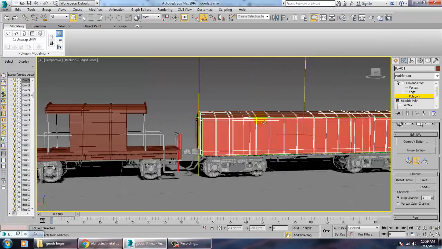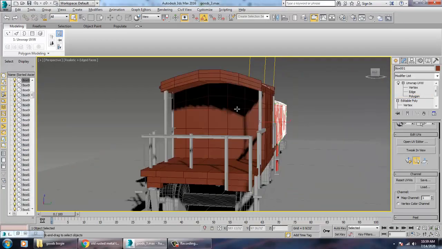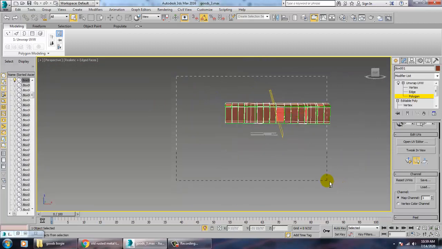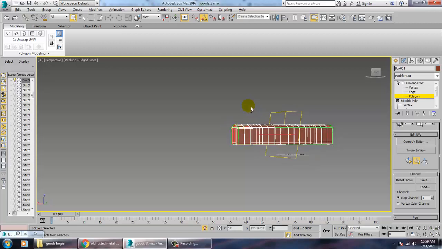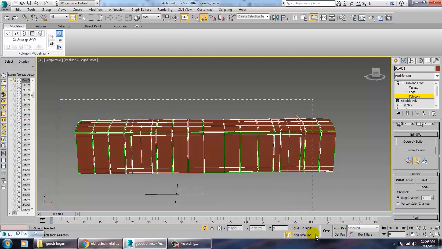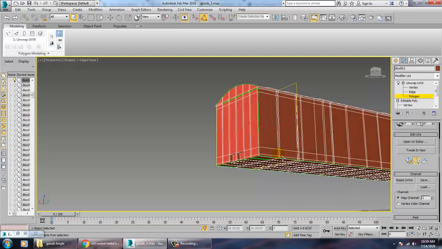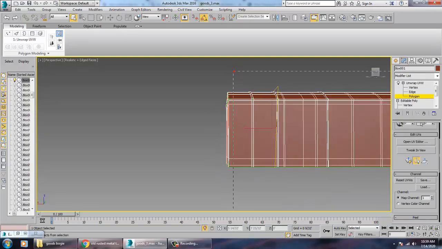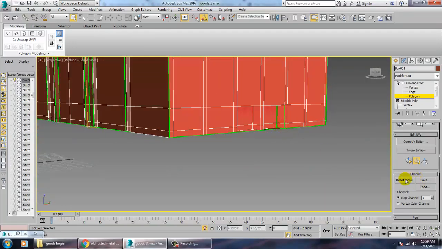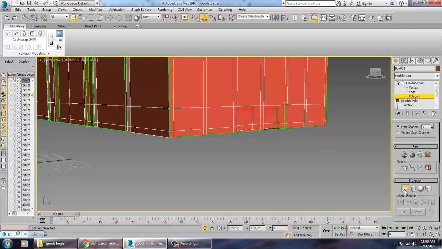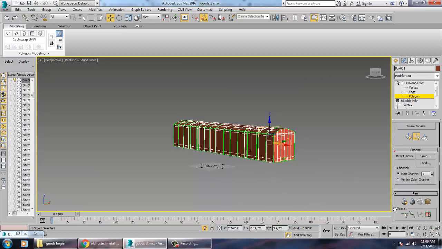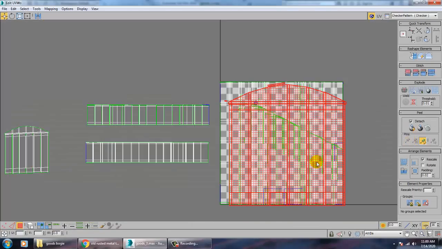And we'll go over here, the back side, select this, go into this again, X, quick planar map, open UV editor.